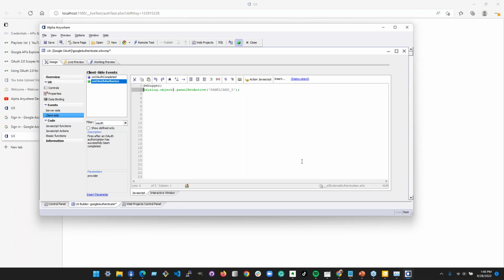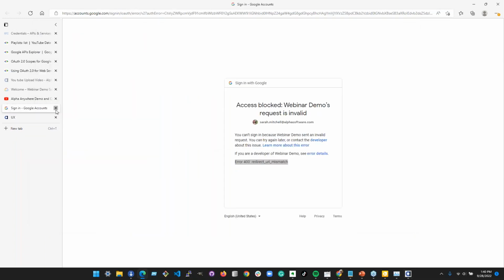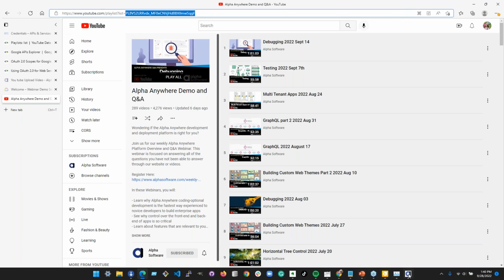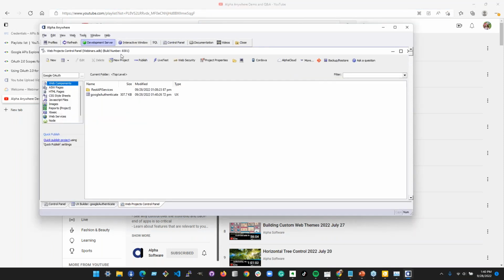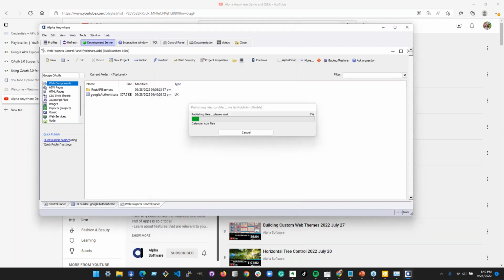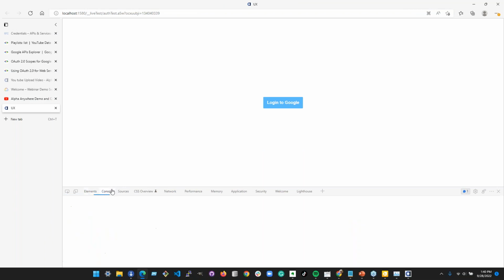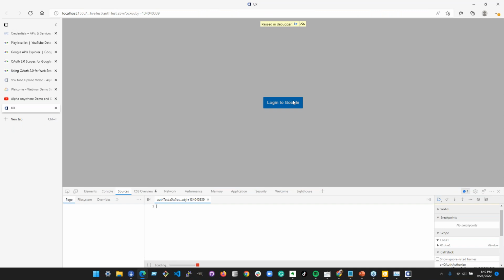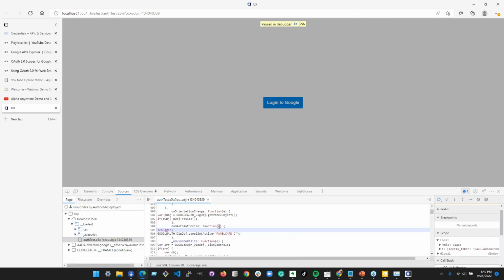So this is an opportunity for us to use some of the testing skills that we learned last week, 2 weeks ago, last month seemingly. Let's live test this one more time. I'm going to close these real quick too. All right, let's open up the console, log into Google, debugger. There's our e variable.